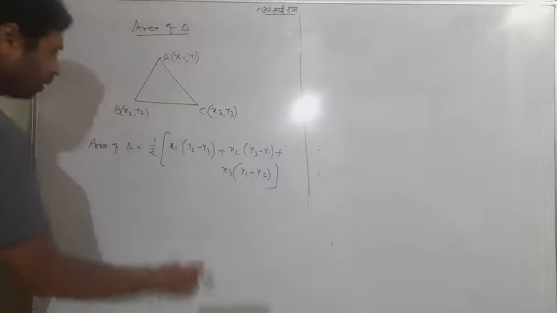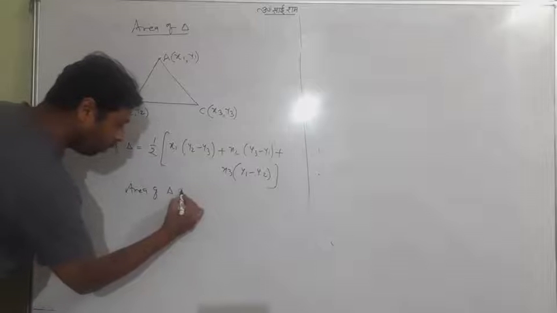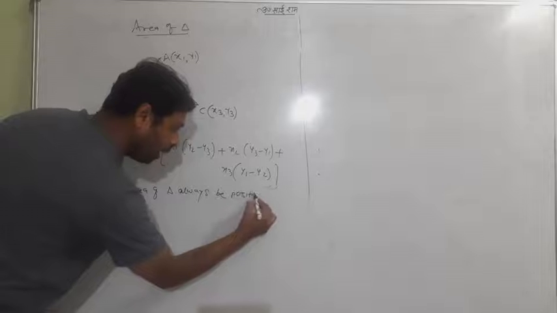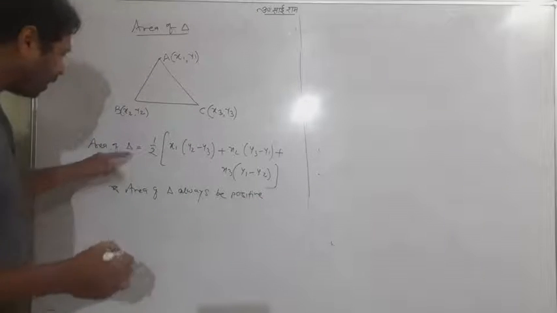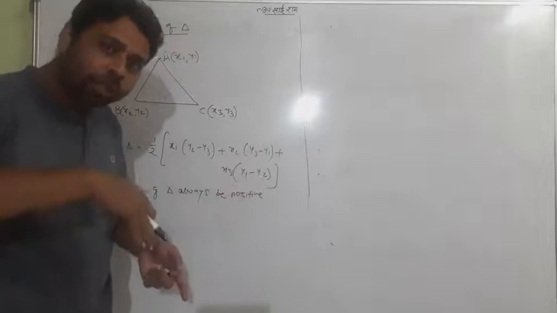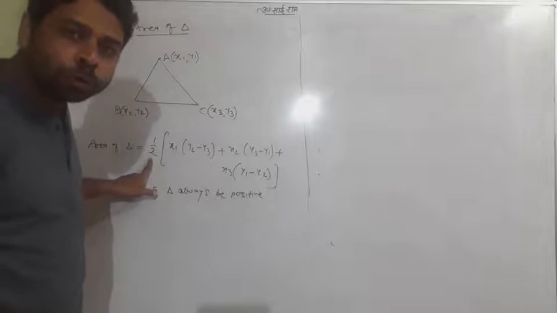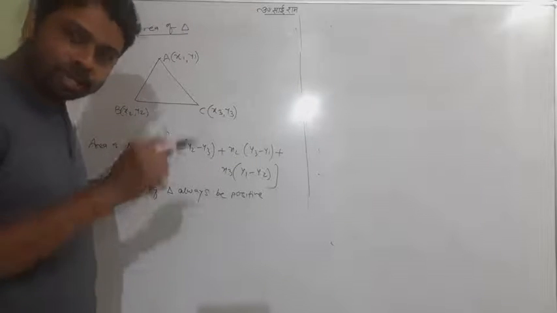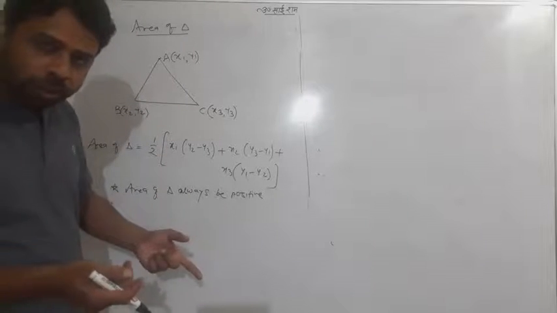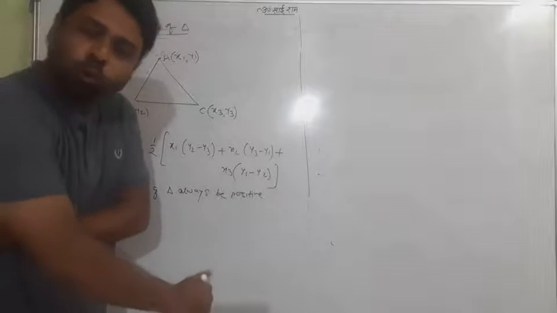One more thing: this will always be positive. The area of the triangle will always be positive. If suppose the area of the triangle comes out negative, take the mod ultimately and turn the answer into a positive answer. Suppose your answer is coming minus 2. So lastly you can write the answer is 2, because minus is not possible. Okay. In a few books, this is not a bracket, this is going to be a mod, and mod always represents the positive value. So don't worry about that.